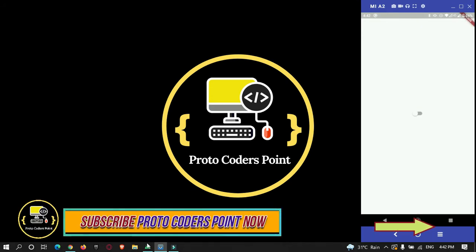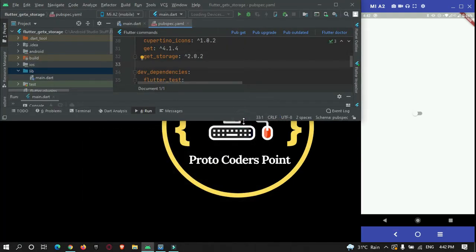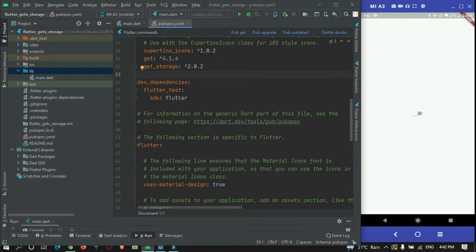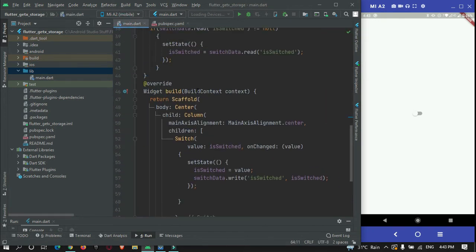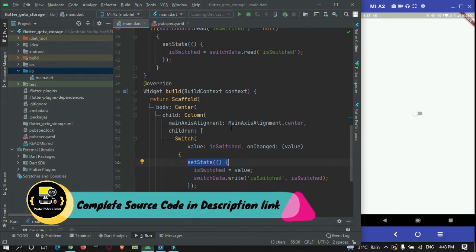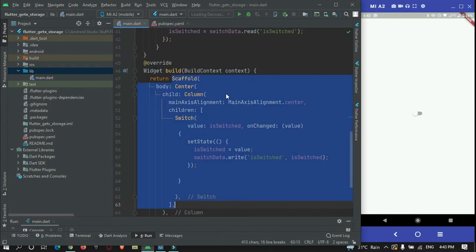So to achieve it, in our previous video tutorial we covered it by making use of GetX storage. Here what we have done is we have just made use of setState to update the UI. So this is not the best way to do state management, because by doing this, if one switch wants to get updated, the overall widget tree will get rebuilt.